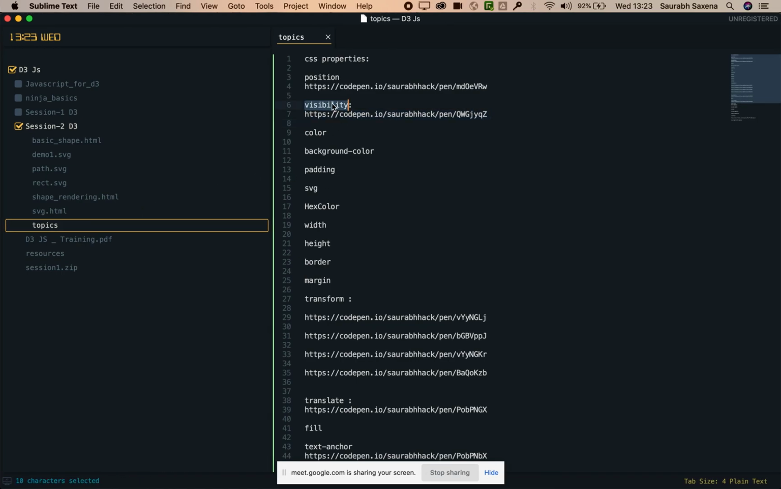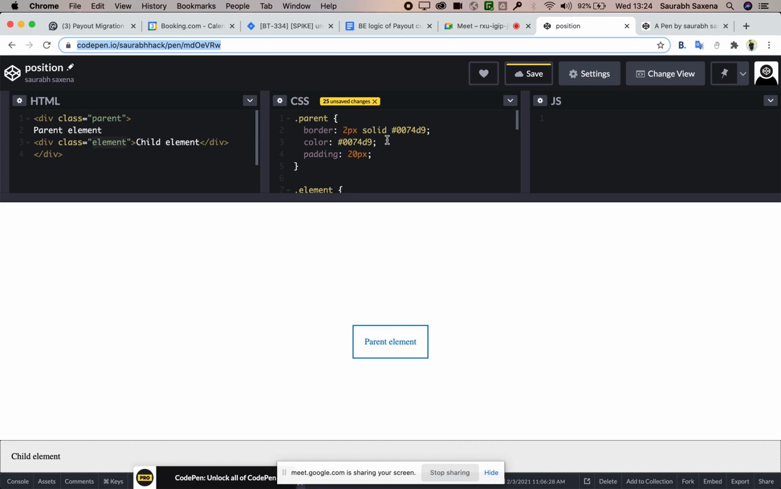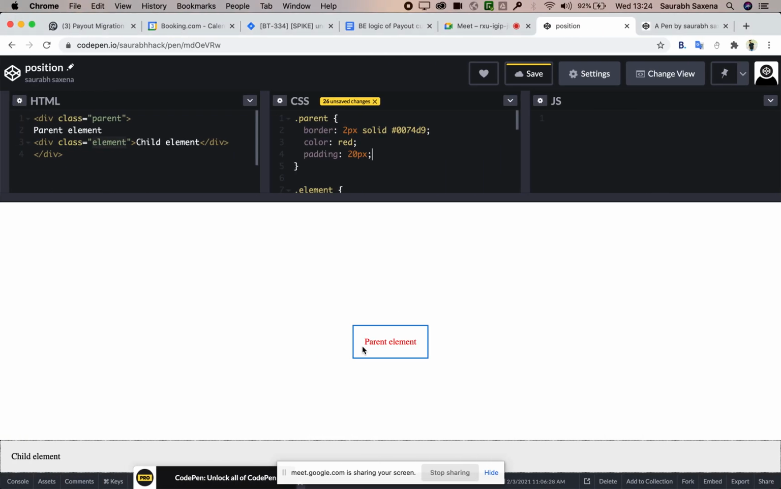So position and visibility. The third is color, which is nothing but when you give color to any HTML element. So if you see, we have given a color here to the parent, right? If you just change this to red, you can see it's red. So it's just like a font color, whatever is contained in the HTML element. Then similarly you have a background color. Right now you can see the background color is nearly white. If you just change this background color to maybe black,